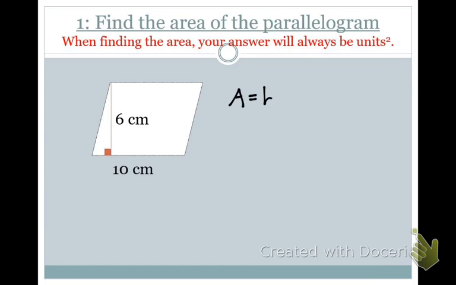A equals B times H, all right? We're trying to find the base times the height, and that'll give us the area. What is my base right here? 10 centimeters. Good job, because it's right here at the bottom of the right angle, so that's going to be